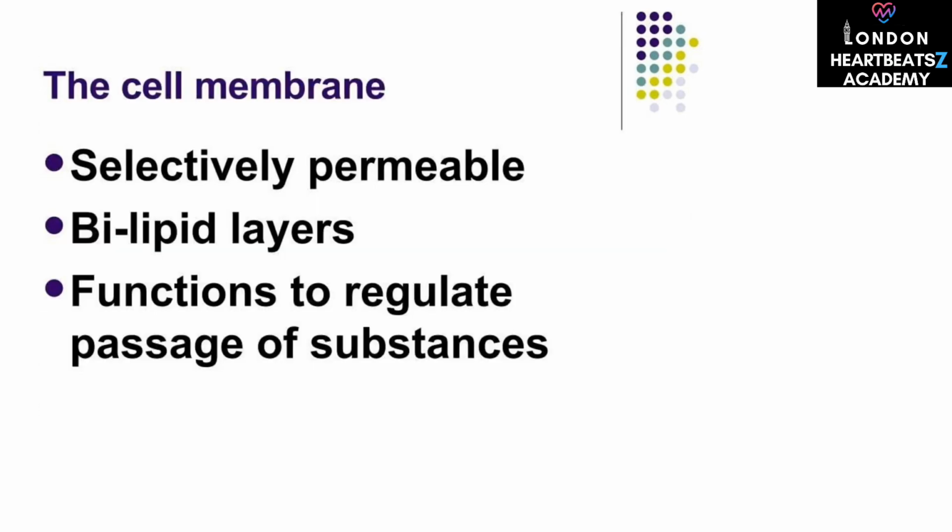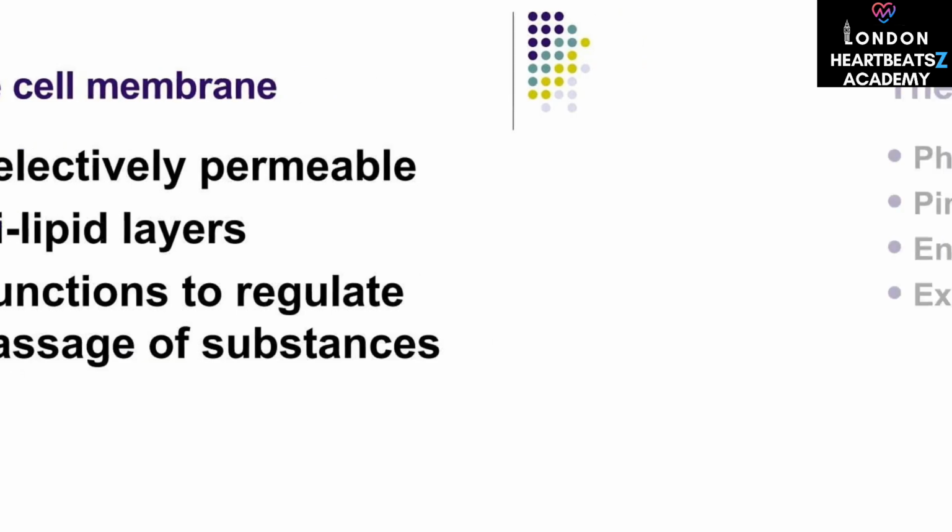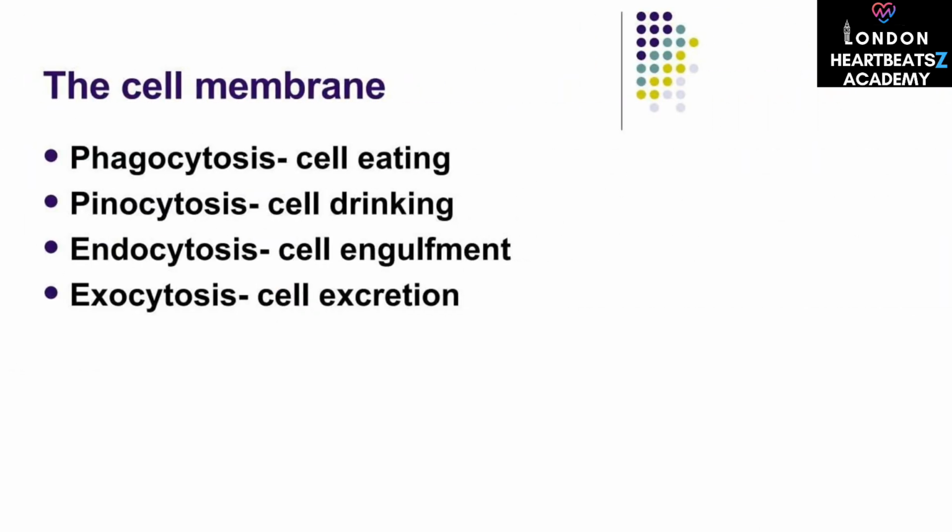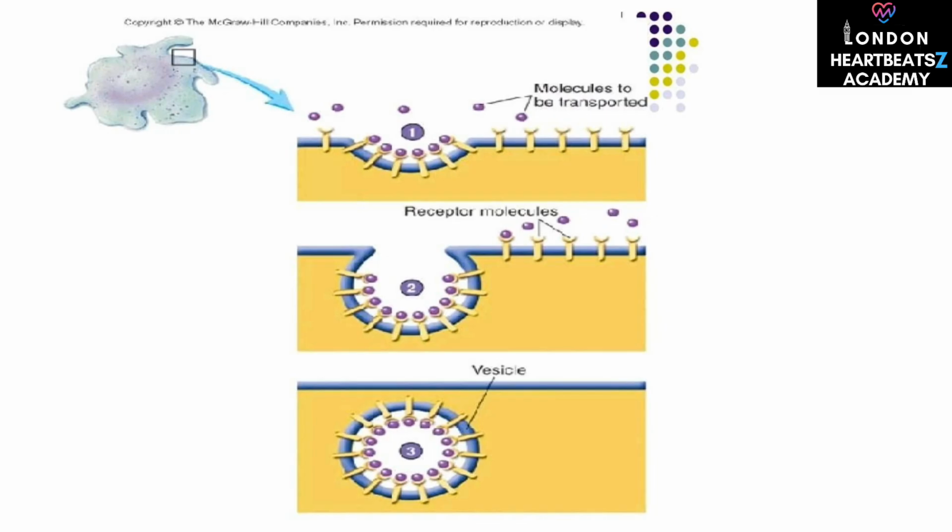The cell membrane is selectively permeable, featuring bilipid layers. Its primary function is to regulate the passage of substances into and out of the cell. Key cell membrane processes include phagocytosis, or cell eating, pinocytosis, or cell drinking, endocytosis, or cell engulfment, and exocytosis, or cell excretion. This diagram illustrates the process of endocytosis, where molecules are transported across the membrane and enclosed in a